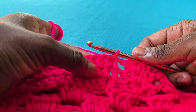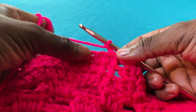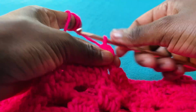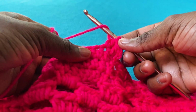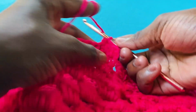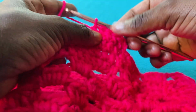I am now at the start of my 4th line and I'm going to start with a chain 2. Remember, a chain 2 makes 1 half double crochet. I am now going to come in this very next stitch and I place there a half double crochet. I yarn over, come to the next one and place there a half double crochet, come to the next one and place there a half double crochet, and the next one as well, up to when I reach this point